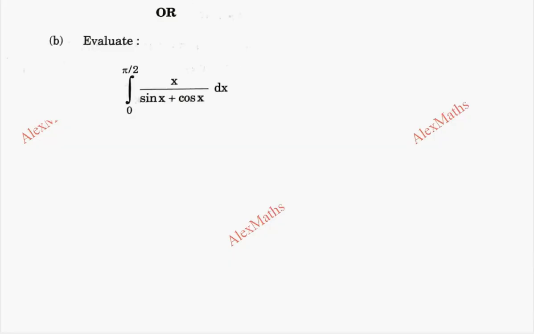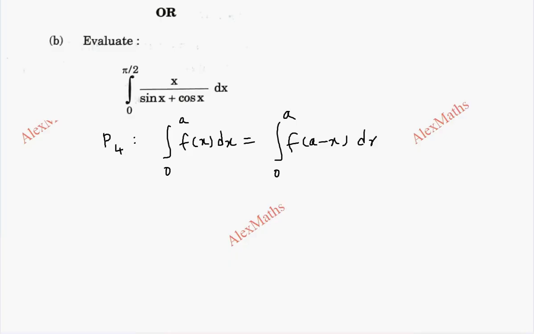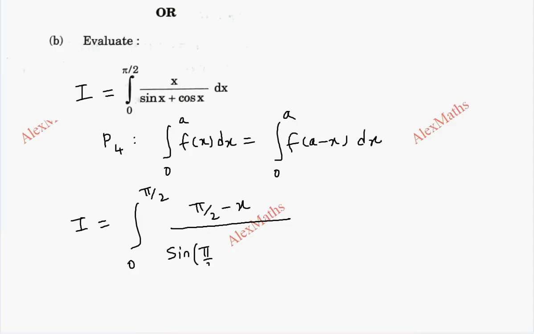In part B, we have the integral from 0 to π/2 of x/(sin x + cos x). We are going to apply property P4 for this, which is the integral from 0 to a of f(x) dx equal to the integral from 0 to a of f(a − x) dx. So let's take this as I. When I apply this property, we get 0 to π/2, and every x is replaced with π/2 − x. So the numerator is π/2 − x, and the denominator is